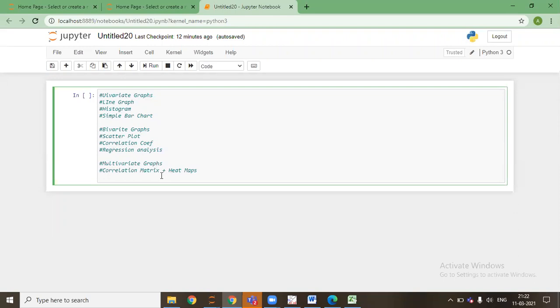Whenever we need to construct any of the graphs, one of the important things that normally comes into consideration is which library to use in Python to construct these graphs. We have various libraries: one is matplotlib, second is seaborn, and many more, and there is pandas plotting as well.